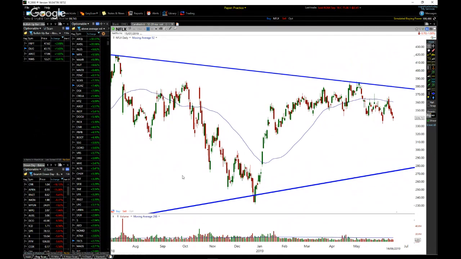Like, is this the big guys just pushing this into a false breakout, and then they're likely to take it back up or break down or whatever? Or has the market been going down for a while and are we likely to start picking back up, and so on and so forth?